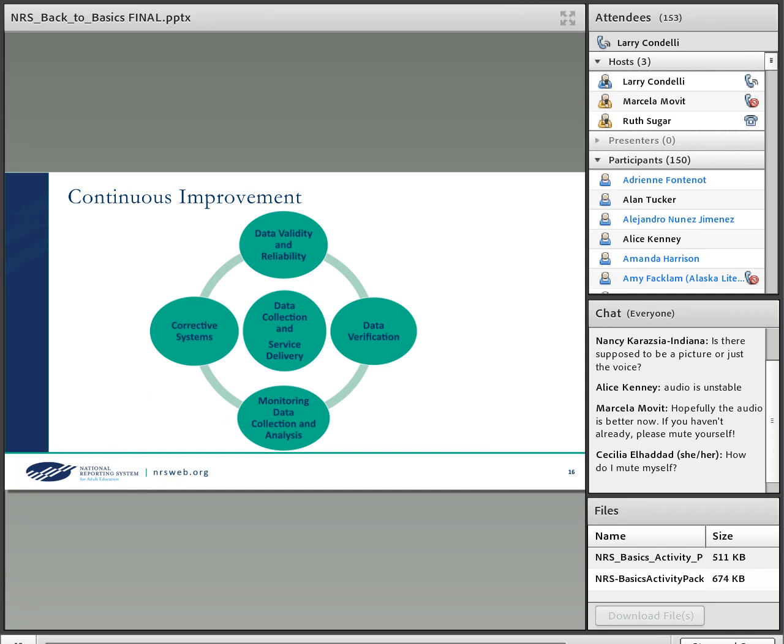And again, within the NRS project, we strive for continuous improvement, both in the collection of data, to improve data quality and reliability, and to use the data for program improvement. And through that, we have improved service delivery. So that's how we bring it all together through the NRS project. We want you to have these systems in place, and then we support them to improve data quality and collection,